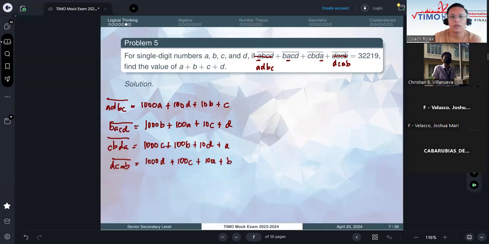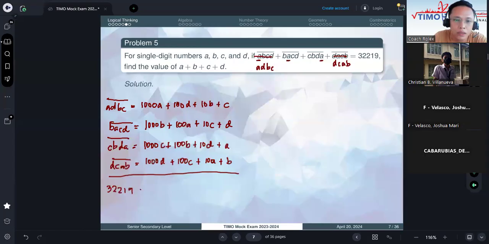Now, it is very important for you to check if the 1000 parts are different. So in here we have A, B, C, D. Okay, they are different. In our 100 parts, they are D, A, B, C. They are different. And so as with the 10 and the constant term, because if there are two 10B, it will not give you 1111 as a sum of each A, B, C, and D. So from here, if you take the sum, you will have the given